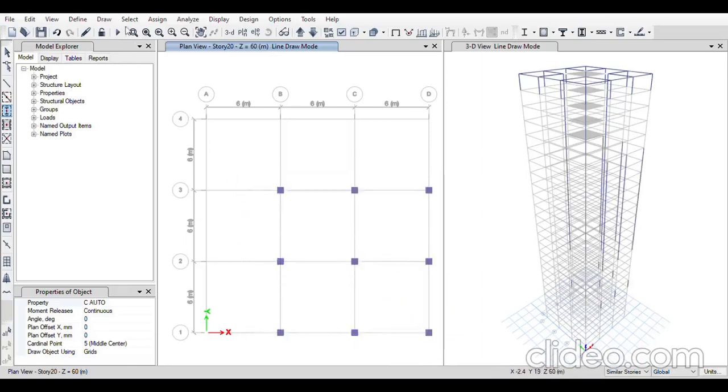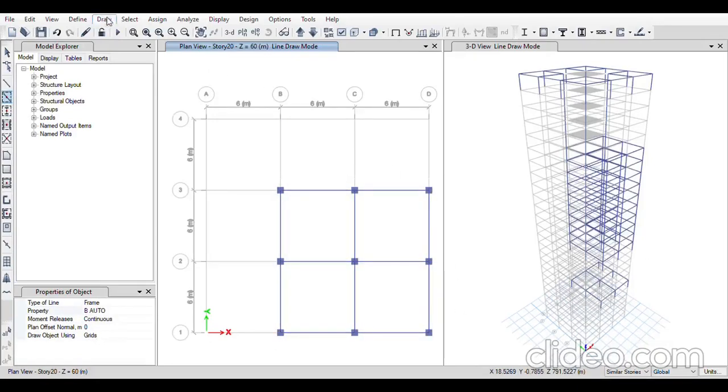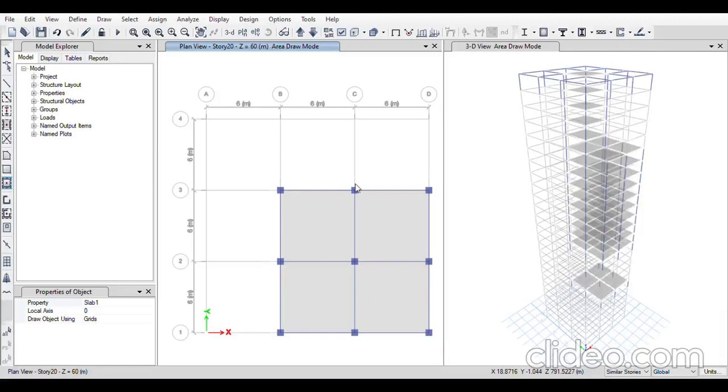I have drawn the columns. Now I'll draw the beams. I'll take quick draw beams. I'll select the beams. Now I'll draw the floor. All the floors are drawn for the similar. Now I'll take draw again. I'll change my plan from 10 to 20, 1 to 10. I'll take draw.